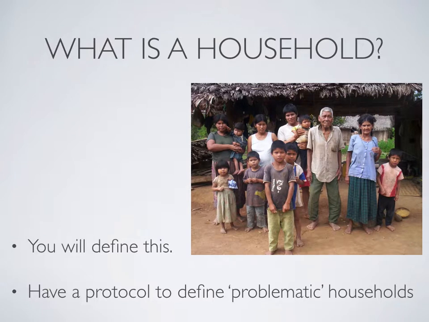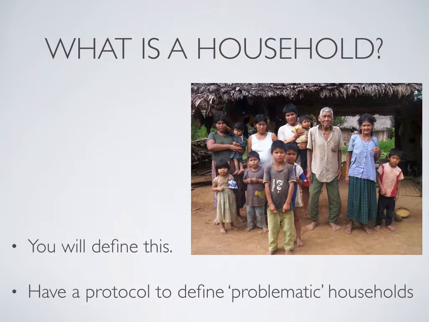Well, first of all, you'll have to define what a household is. It varies from place to place. In the US, it might be who lives under the same roof. But remember that kinship systems vary. In some places it might be who sleeps together, but not who shares food. In some places it might be who eats together, but not who sleeps together. This is a household of Tsimane individuals who share food in lowland Amazonia and Bolivia. And this is their house, and it has no walls.